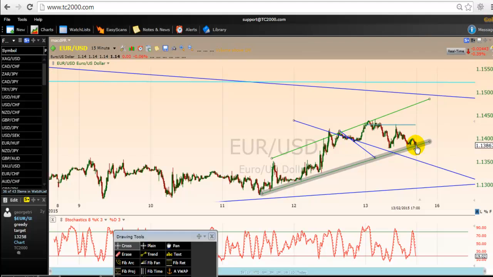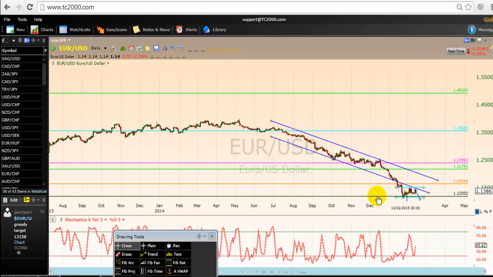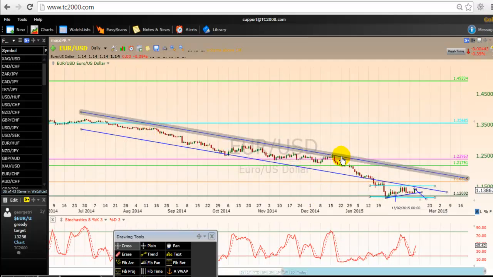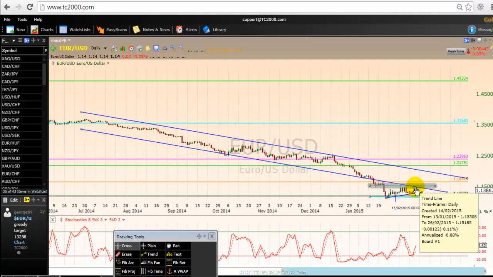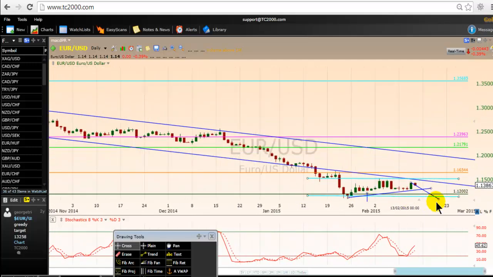The reason why I say that is because on a daily chart, we have this horizontal channel, the turquoise one here. So some traders, because the market is dominated by the bears, would like to sell the euro again on the edge here, bringing it back here. So if you think that there's too much risk here to buy the euro, because some traders will try to bring it back to the lower part, because it's normal. They can do that. So they may decide to sell and bring it back here,